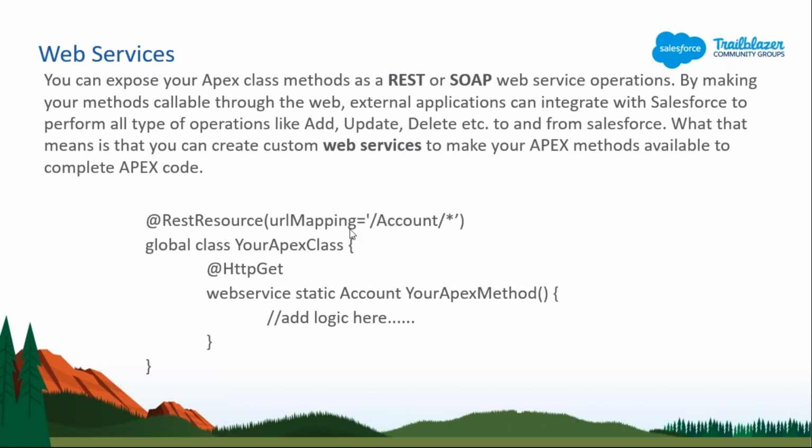So it will go into SAP and find this account, and this star will contain all the records from that account. It will go and retrieve all the accounts from the URL mapping which you have provided, and it will give you the response in this web service static method. Here you have to use the web service name, then static, and Account, since you are returning Account. Then your method name, and all the logic you want to perform, all the records will be here.